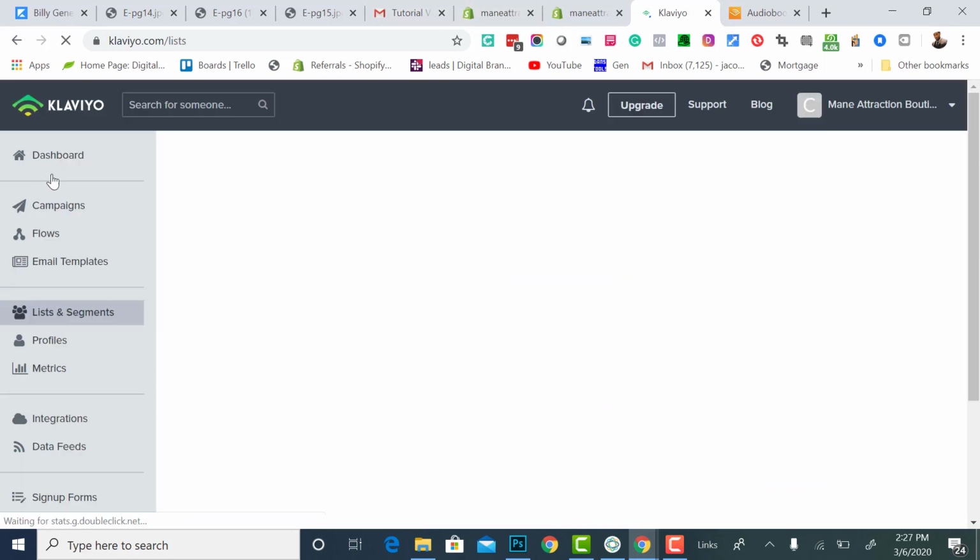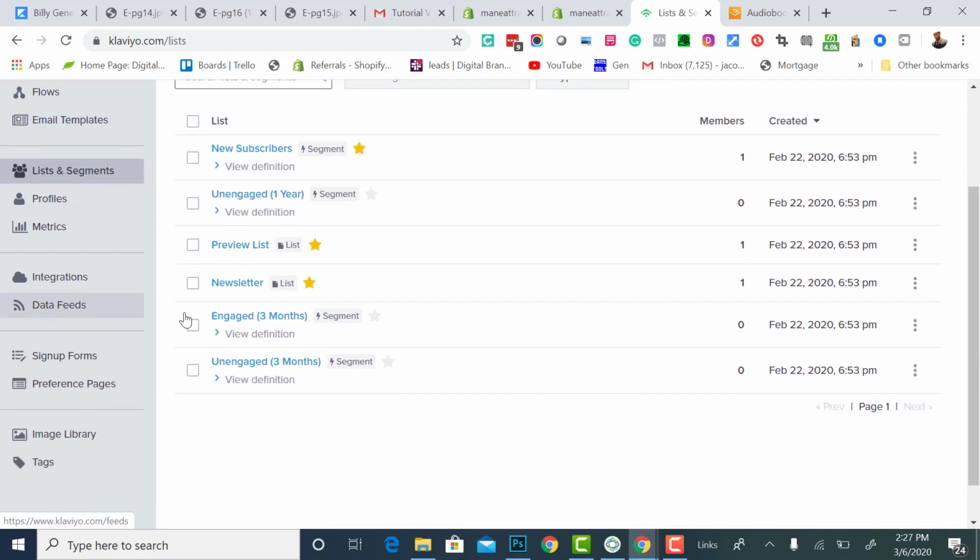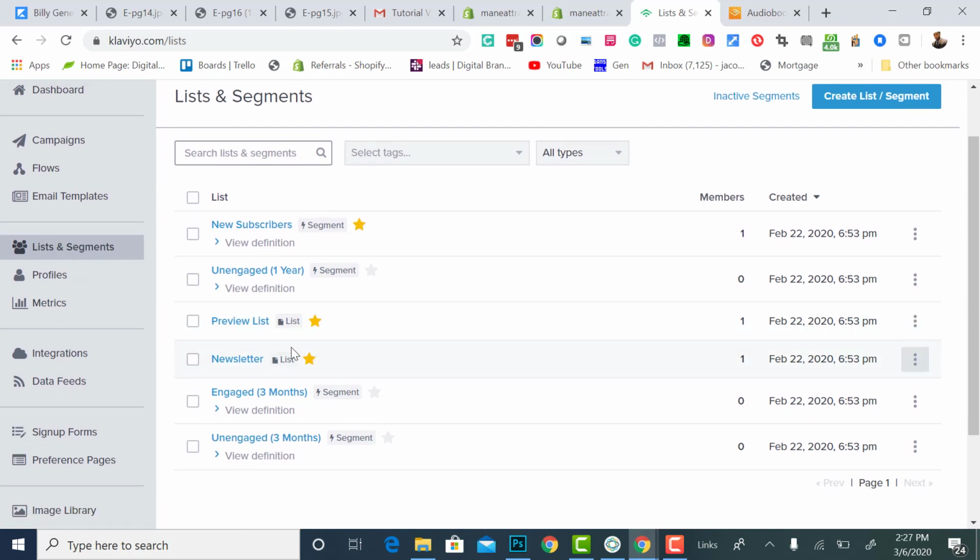So on the left hand side of the dashboard, we're just going to select lists and segments. You want to make sure you're using a list and not a segment. You cannot connect your mailing list to a segment. A segment is just a flow on how you would email people. You want to select a list. So I'm going to select newsletter,